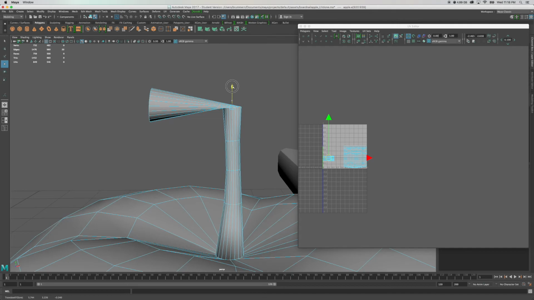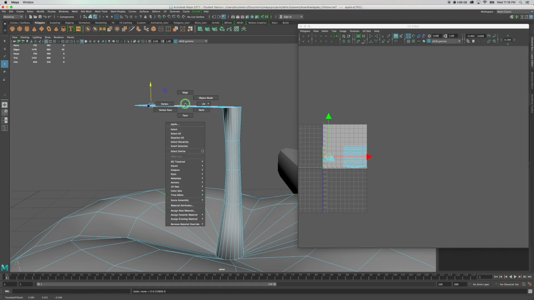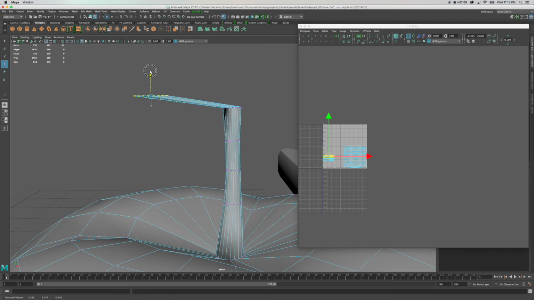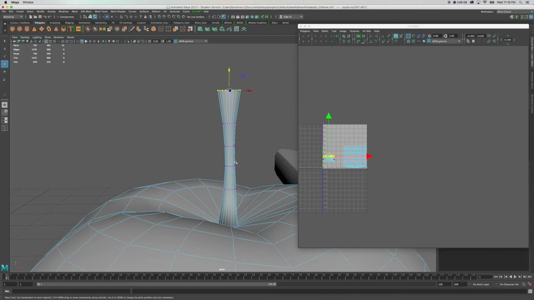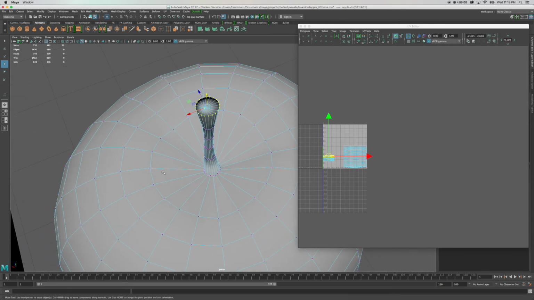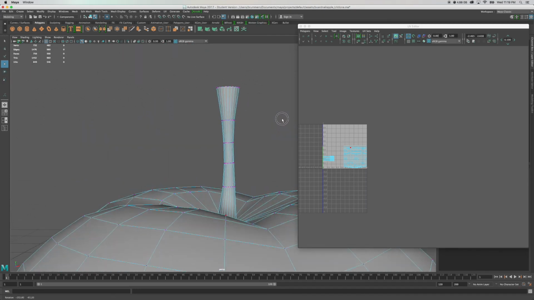Pull that up a bit to maintain that rotation and that length of the stem. Oops. Gotta grab the vertices there and move those. I'll pull those up just a little bit. That'll work a lot better. And grab this, put it back in the center-ish. There we go. Alright, so this will give me